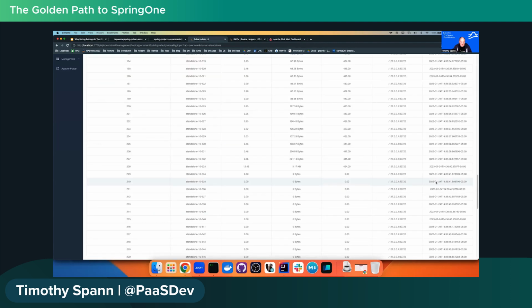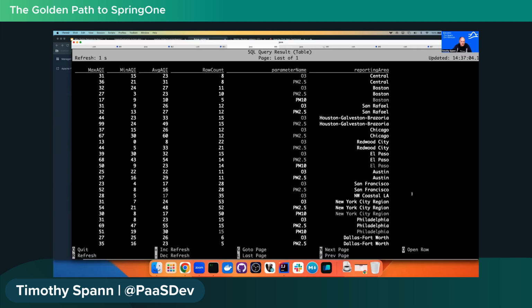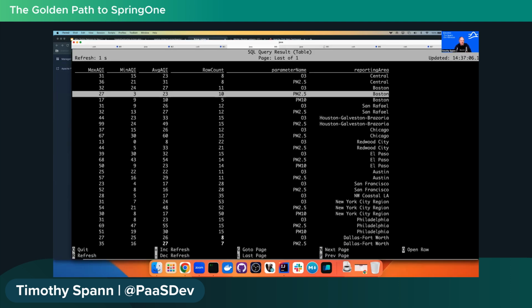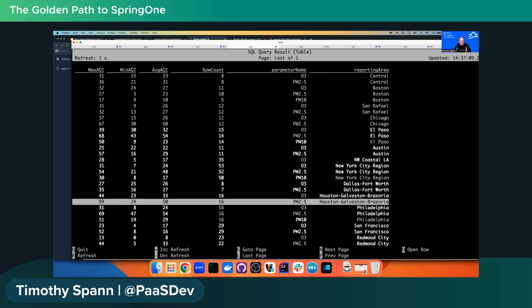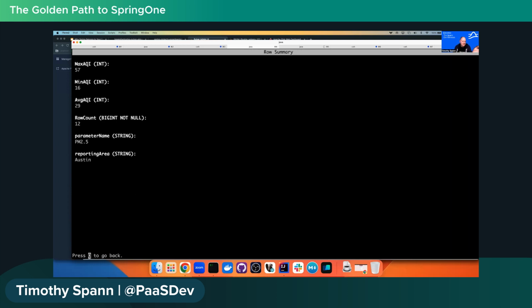And you'll see there'll be a subscription for Flink in there. Yeah, we're already up to 500. So the amount of data is going pretty quick. It's almost faster than you can watch it. And these are aggregates. So this is the max and the min and the average, how many rows we have